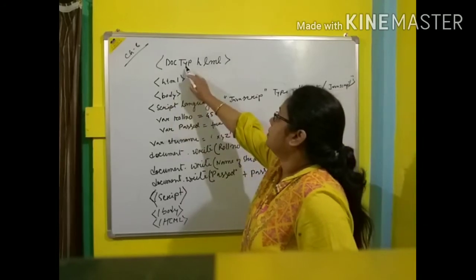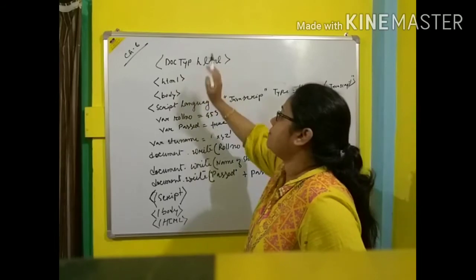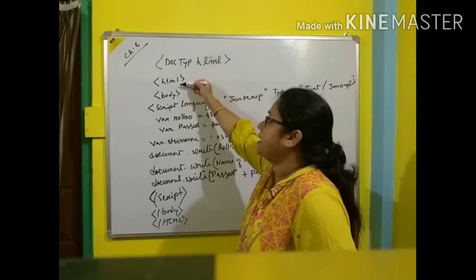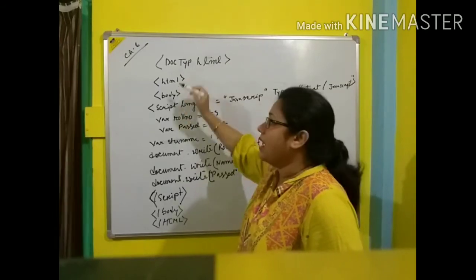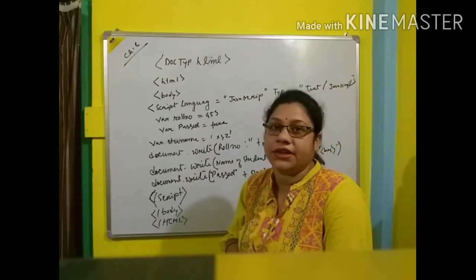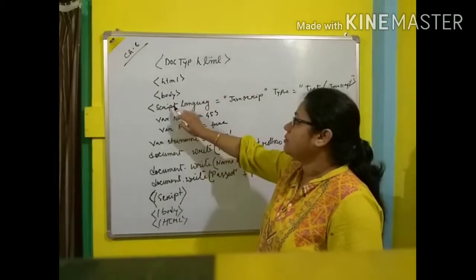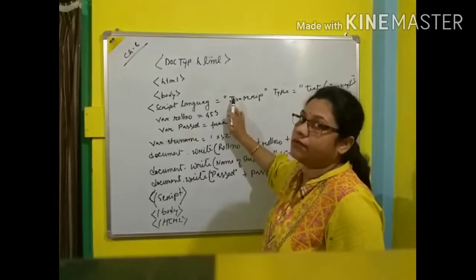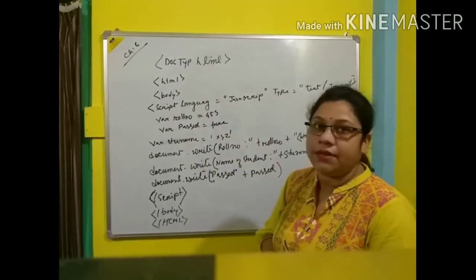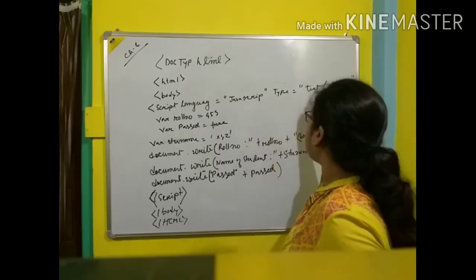That is document type HTML. First you write doctype HTML. After that you start the first tag of the HTML, that is the html tag. After that you start the body, because you can write the JavaScript coding inside the body tag of the HTML. After that you write the two attributes of the script tag, that is language equal to JavaScript. That means we are going to use the language JavaScript, and the type is equal to